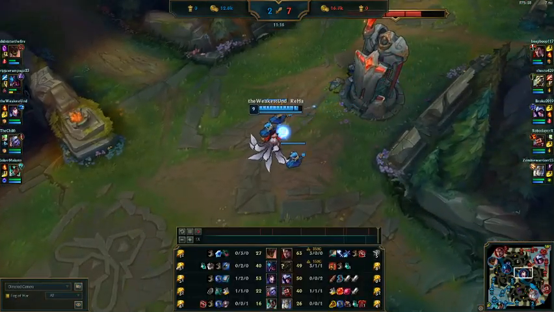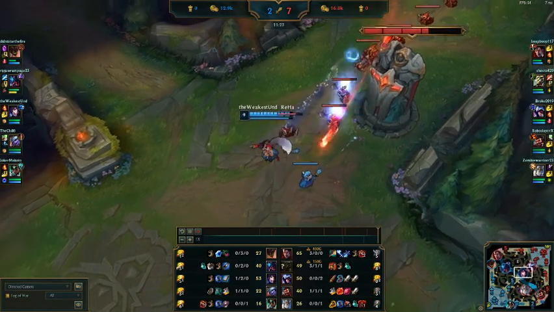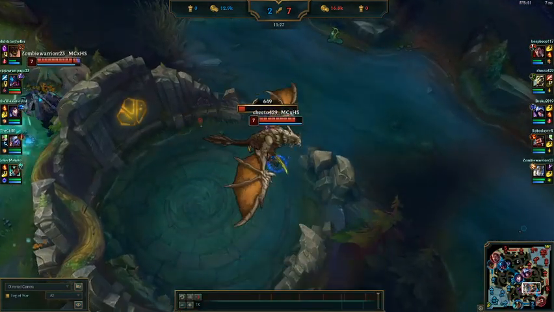How are we doing on CS? The Darius is getting quite ahead. We're even with him on jungle. Tyler has a slight advantage in mid lane. And bot lane has fallen behind, unfortunately. They were ahead early in the game, but...